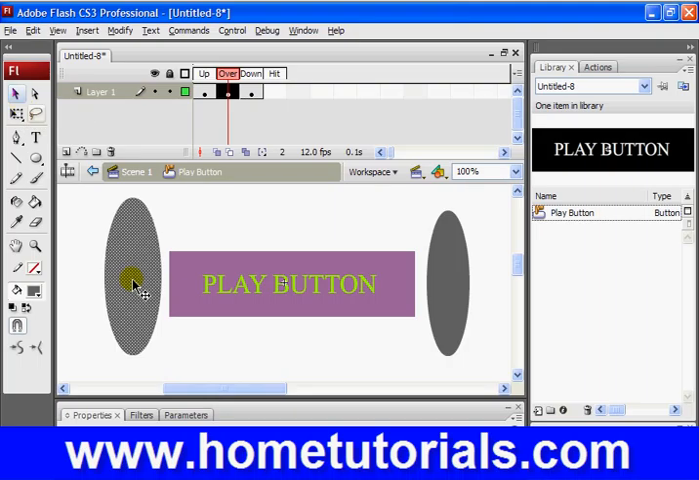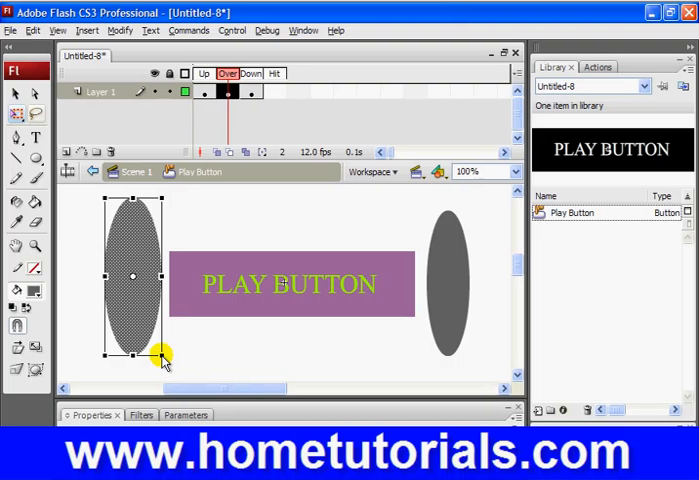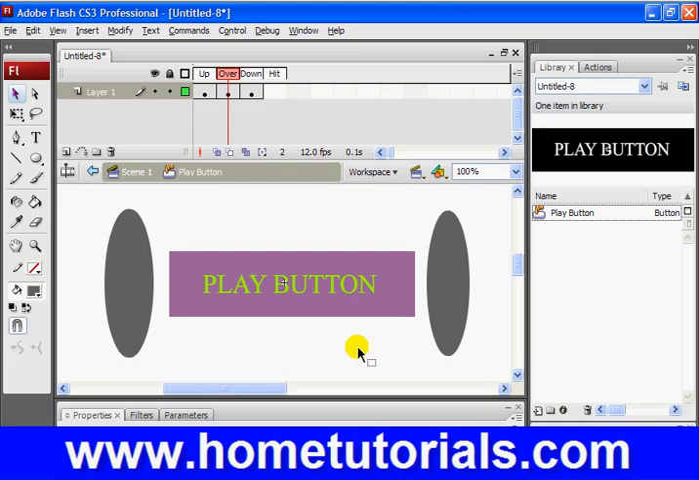Grab my selection tool, free transform it. Anyway, I'm just doing this for demonstration purposes. I'm not trying to get it perfect. Alright. So now if you hover over, not only would it change color, so what I was trying to illustrate